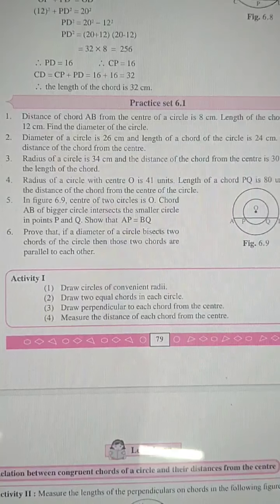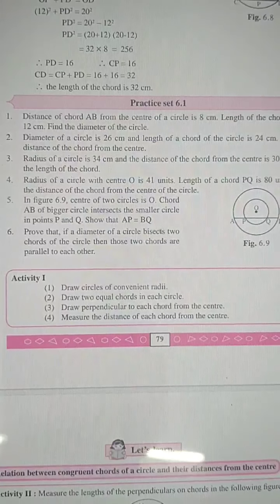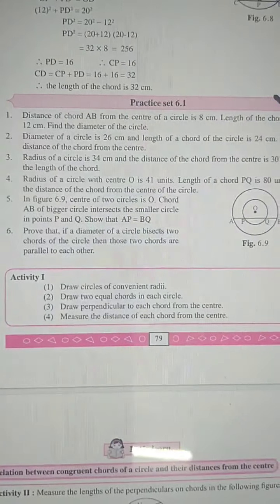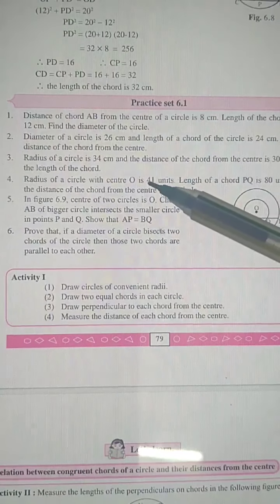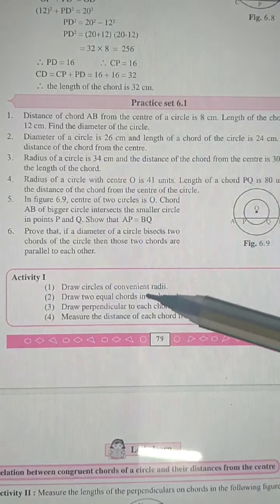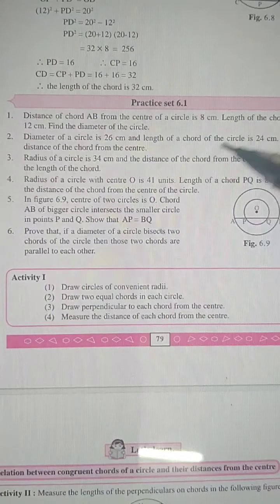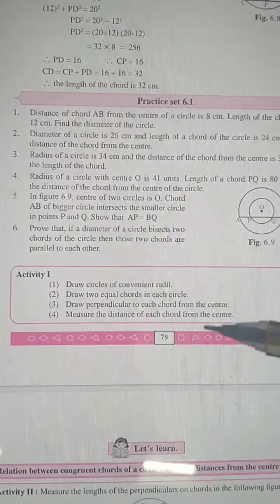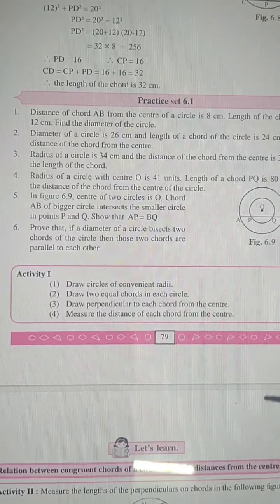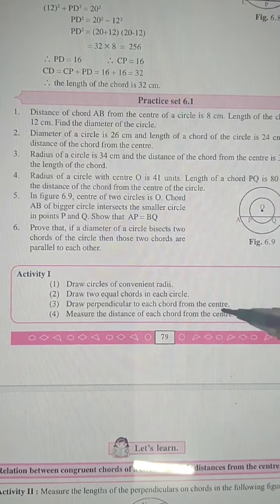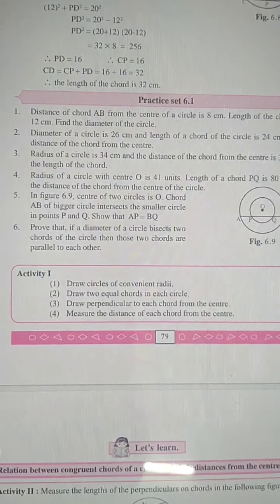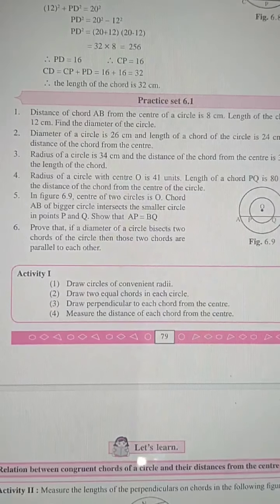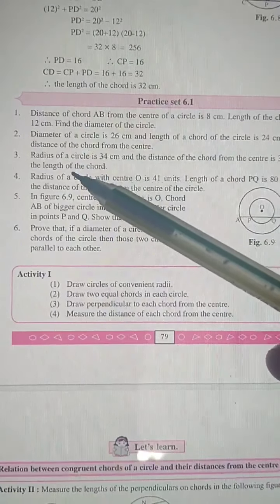We had started with a very interesting and easy chapter, circle. In that we did 3 sums related to chord of a circle. I hope you remember the property. The perpendicular drawn from the center of the circle to the chord bisects the chord. The second property was the segment joining center of the circle and the midpoint of the chord is perpendicular to the chord. Depending upon these two properties, we solved 3 sums, first, second, third.